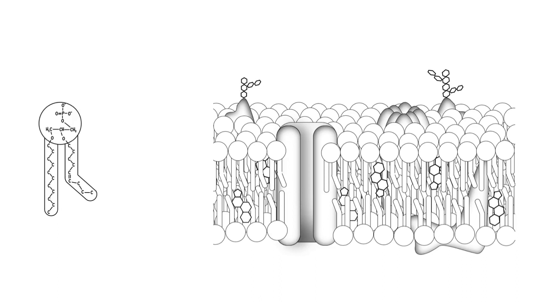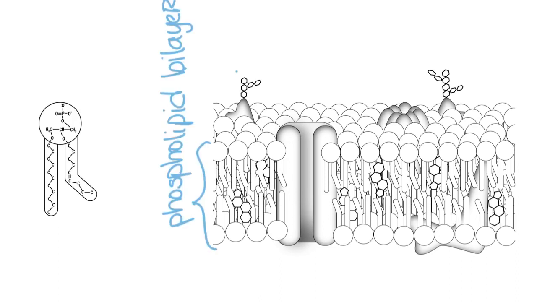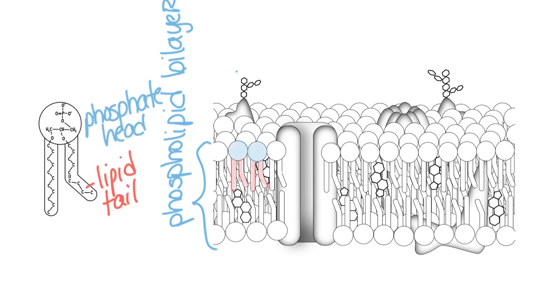We'll start by looking at the phospholipid bilayer. And the phospholipid bilayer is exactly that. It is a bilayer, 2 layers of phospholipid, which is this structure right here. So the phospholipid is composed of 2 different parts, a phosphate head and 2 lipid tails. And what you'll notice is that in the phospholipid bilayer, the phospholipids are going to orient themselves so that the phosphate head, which is hydrophilic, it's water loving,